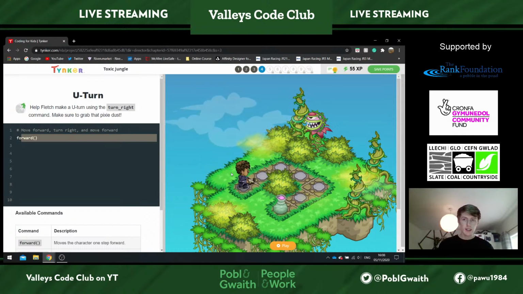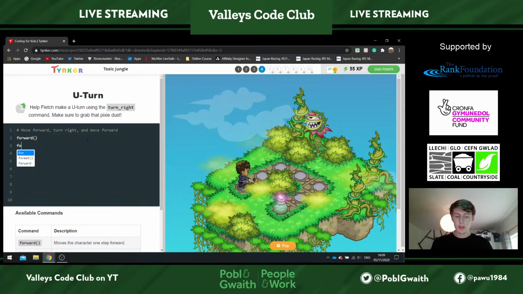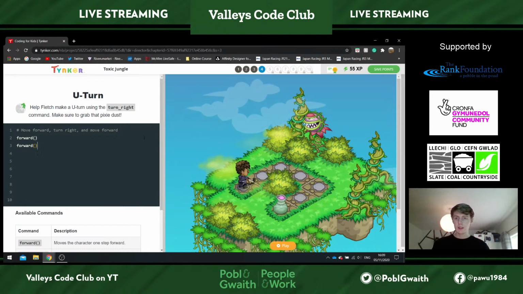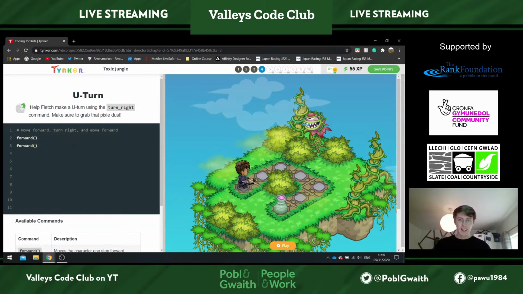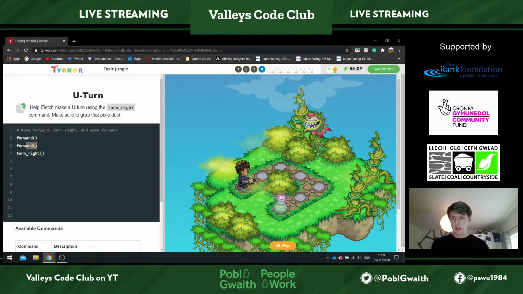So if we then type in underneath it another forward, because we need to go forward 1 more to reach the top there, followed by brackets, and then we need to turn right because we'd end up there, so we need to turn right to then go forward 2 more. So turn right, like that, and then